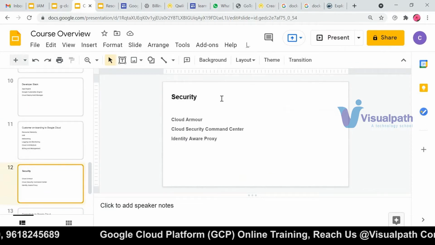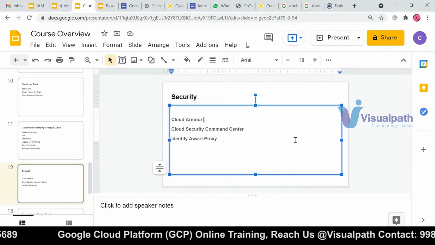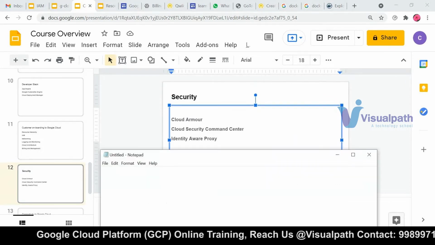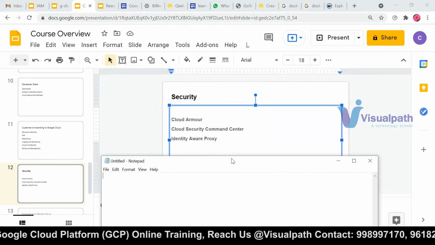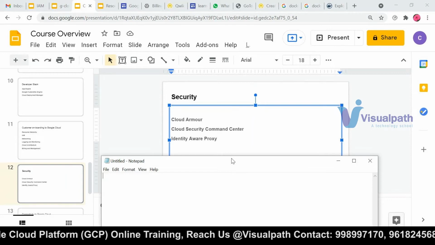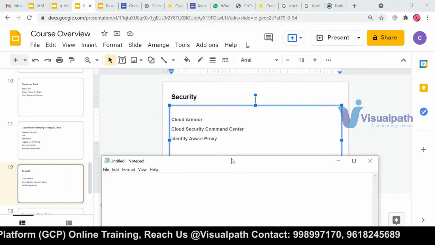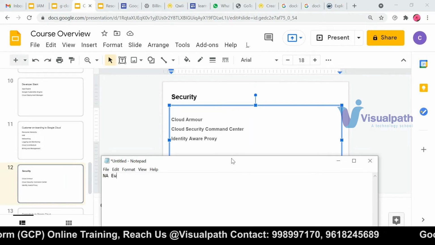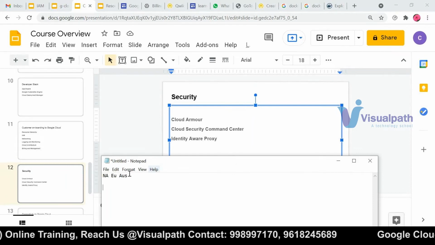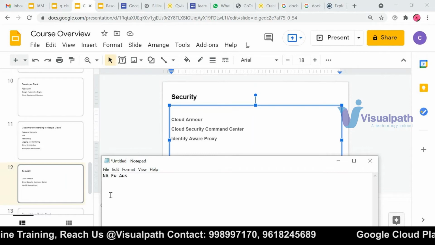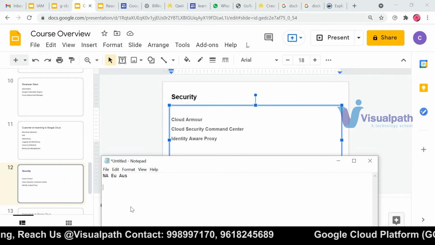This is the security part of the Google Cloud. So Cloud Armor is like, let's say your company is a global company, and you have end users in North America, then Europe and Australia. If you want to serve one specific content to North America, one specific content to Europe, and one specific content to Australia, let's say